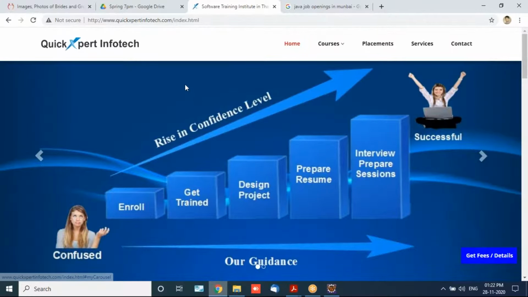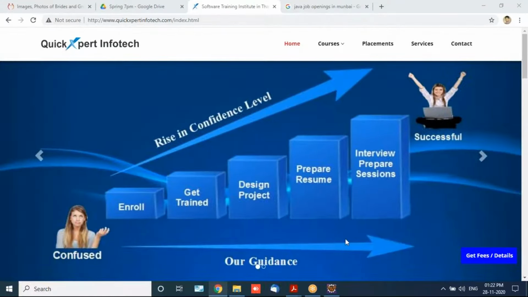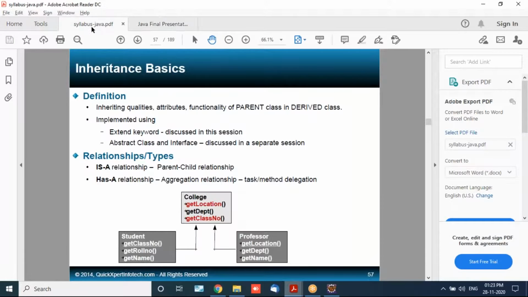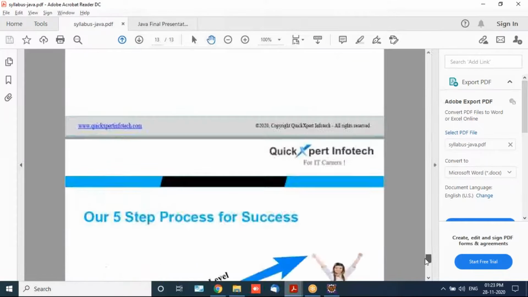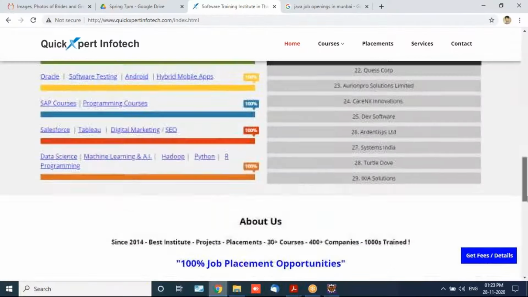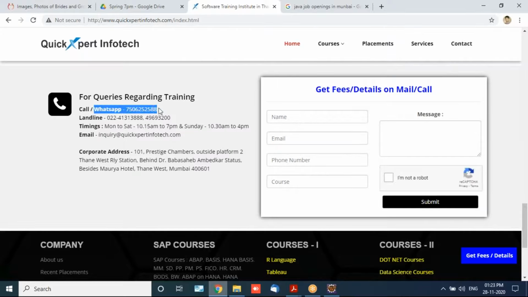So you can inquire at the office for the upcoming batch. The immediate upcoming batch is, I guess, in 10 or 12 days, in the first or second week of December. That information, everything, will be with the madam or with the office. You can contact the office at the numbers given at the bottom of the PDF, or even on the website. These are the contact numbers you can contact. You can even WhatsApp on this number.